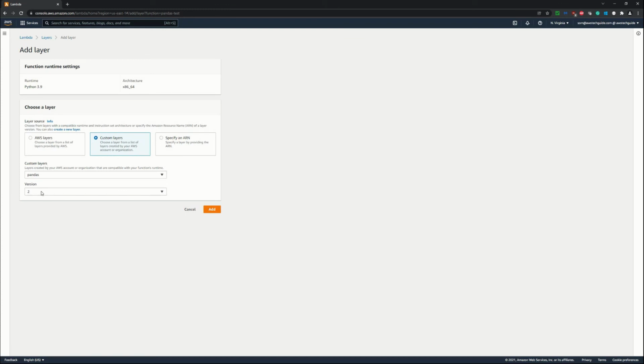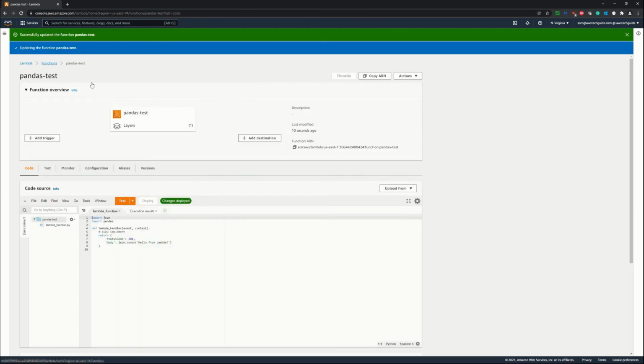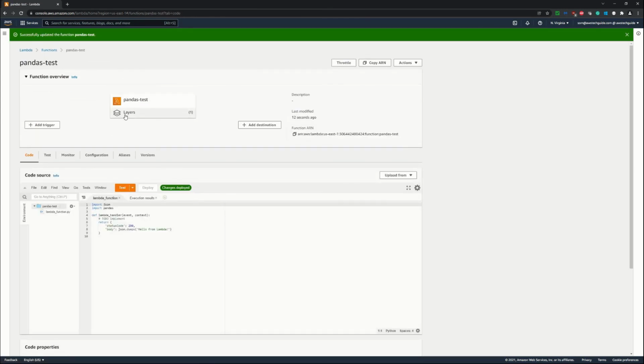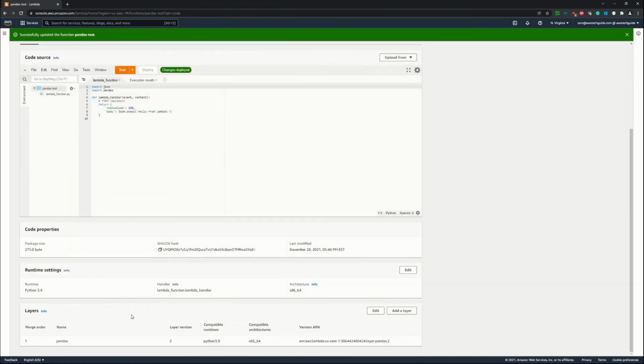Selecting custom layers pandas, clicked on add, and now you see that our Lambda function has been attached with a layer. It is showing layer 1. You can add multiple layers the same way. If you scroll down, it is showing that under layer we have one layer, and this is the ARN of that layer.